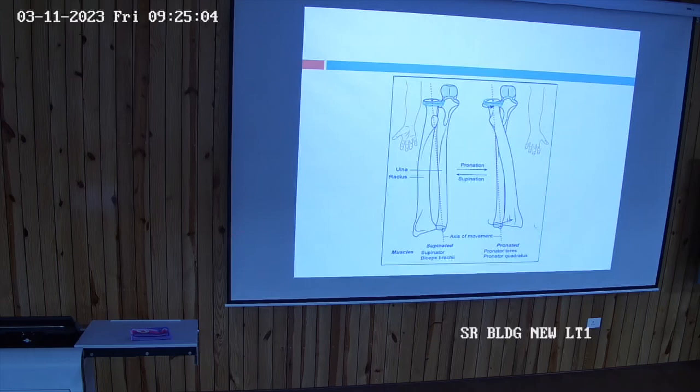Now in the case of supination, this axis is movable. This axis moves forwards and medially in supination, and it moves backward and laterally in pronation. And how does it move? That we will discuss. So look at the first picture here. In the first picture, we have these two bones parallel to each other. There is an axis which is passing forward and medially. In this condition, the movement will be supination. In supination, these two bones are parallel to each other and this axis is present forward and medially.